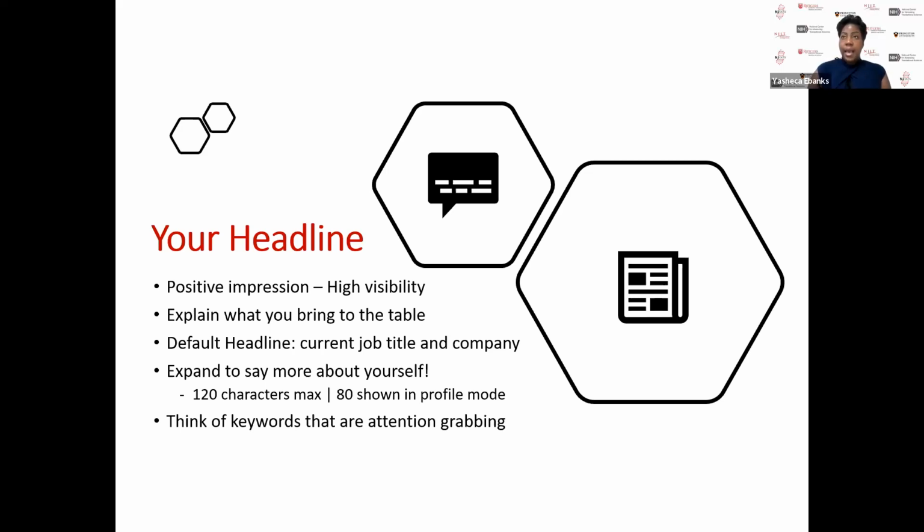It is the aspect of your profile that you can get someone to take a moment just to stop what they're doing, for them to take a look at it again, and then to scroll down to learn more about you. Let's take a look at what your headline looks like within the LinkedIn platform. I'm going to stop sharing to